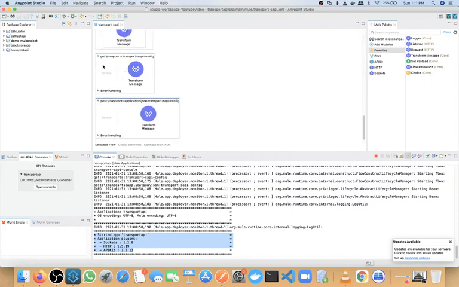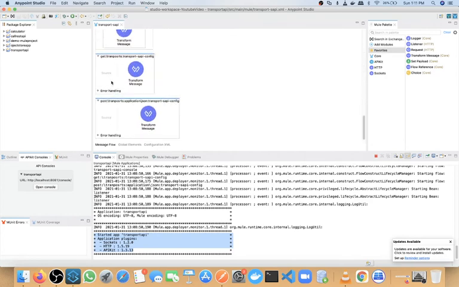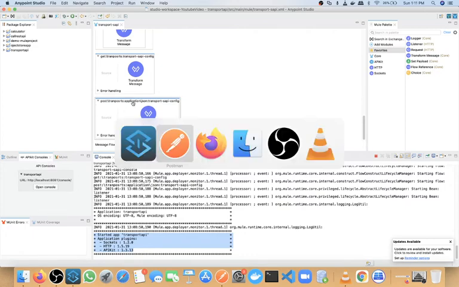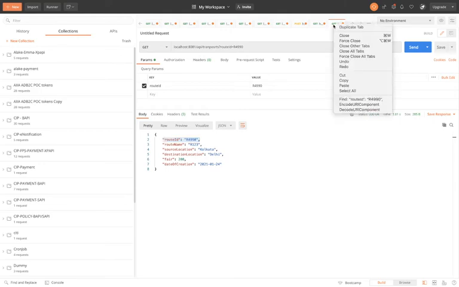and it will pass that request to the particular resource. First time we are calling get resource, get transports. So this API kit router is calling this particular flow. Now we will call this post one. In this case, it will call this particular flow. So how will we call post one? Let me make a duplicate of this.